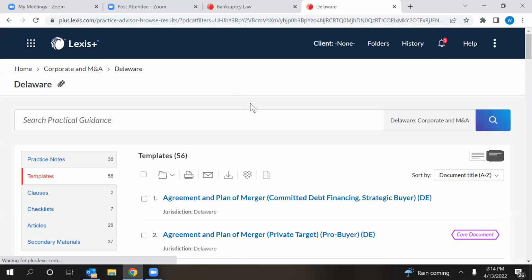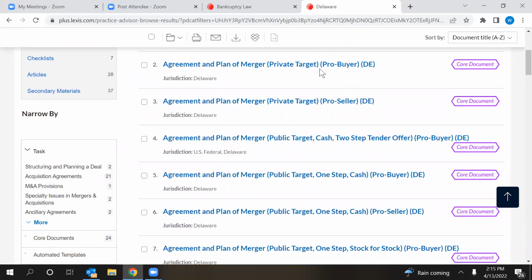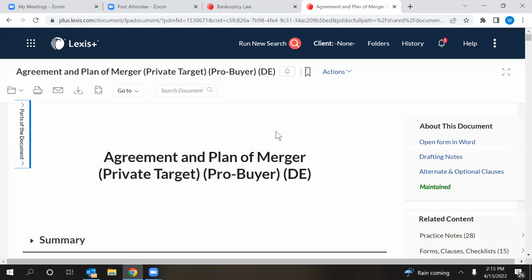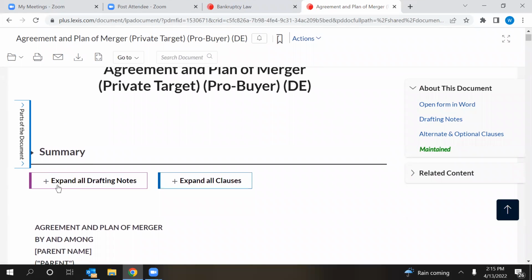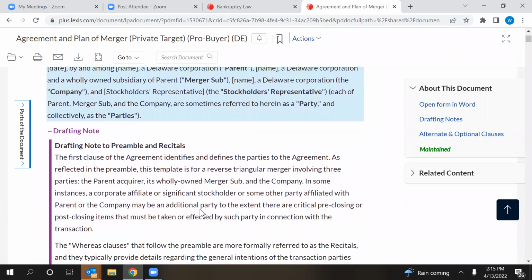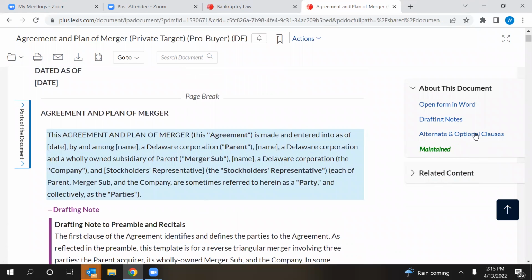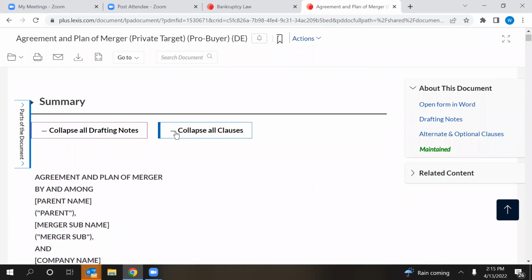With our templates, just kind of preview what a template can look like. And so you'll notice that within a sample template, we include drafting notes. So if you want to see why a particular paragraph is in a sample template, the drafting note provides that explanation for you. We also offer alternate and optional clauses. So if you want to see all the different clause options, you can get access to that within our sample